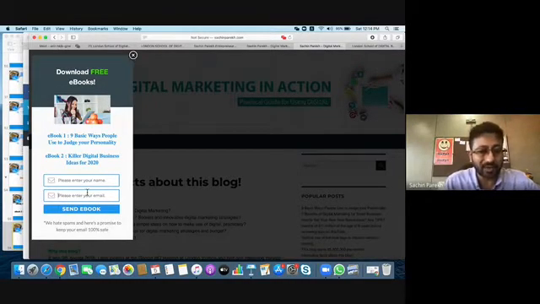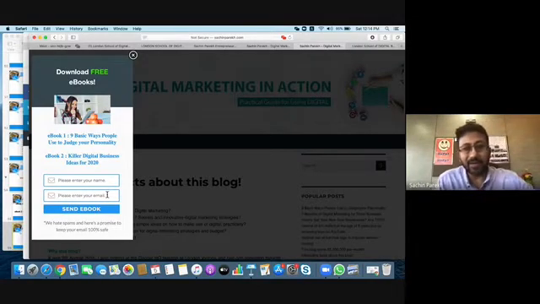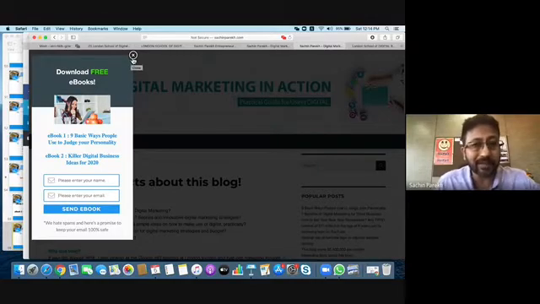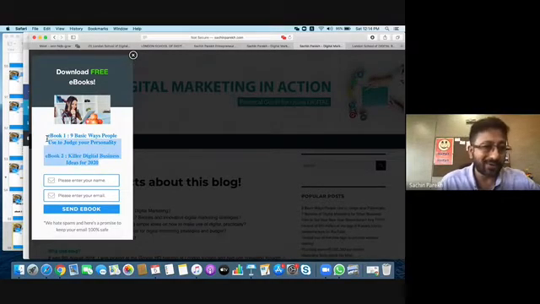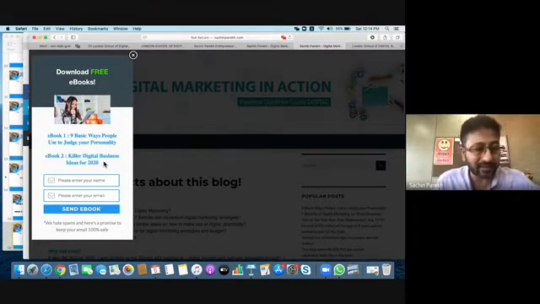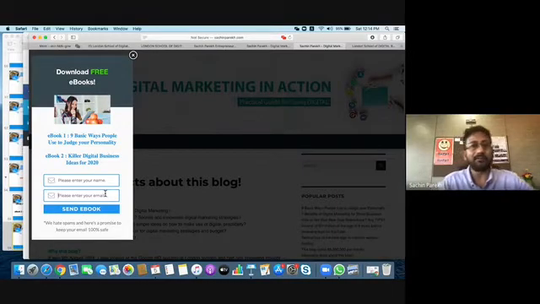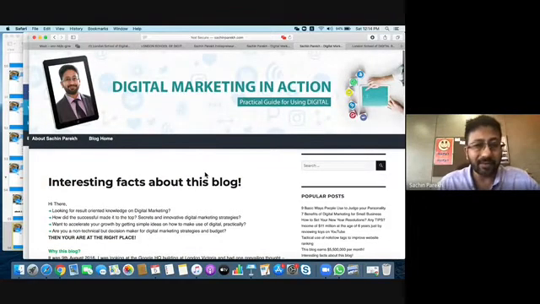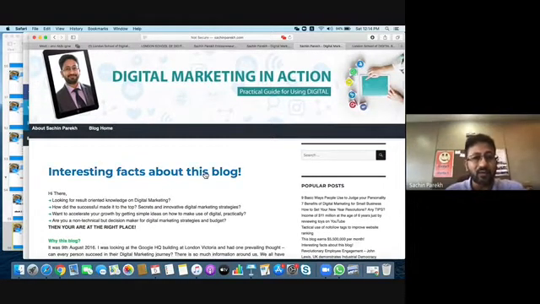And as soon as you give them the email address, there will be an email that will come to you. And this is actually a working website. So you can get these two ebooks straight after this session. You will get an email to your inbox saying you have to verify your email address. And then once you verify, the ebooks will be emailed to you.